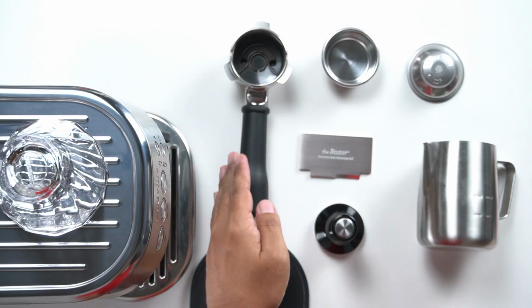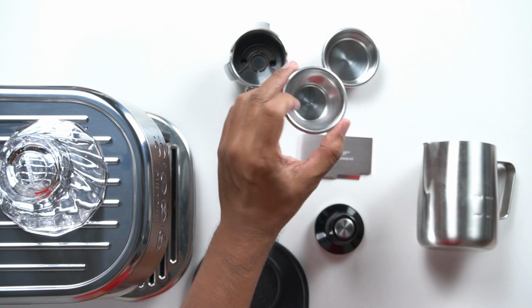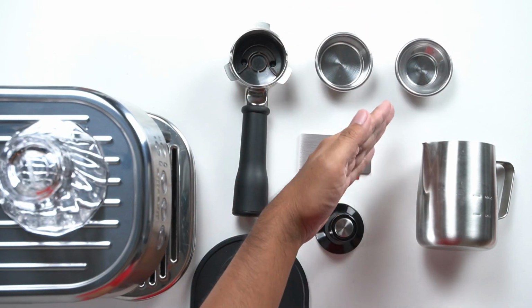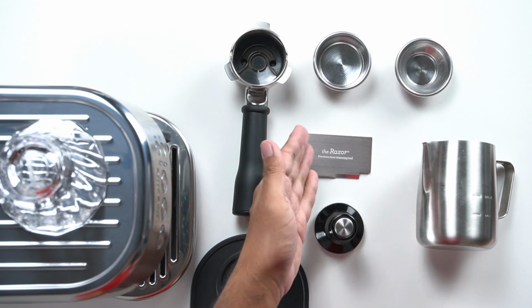And going into the portafilter, you have your portafilter basket. So you have your single dose basket, and then you have your double dose basket. Basically, you make single espressos with your single basket, and you make your double espressos with your double basket. Honestly, we almost never make single espressos, so I'm going to take that and I'm just going to put it aside. Now, both the baskets are what we call pressurized or dual wall baskets, and you can see that when